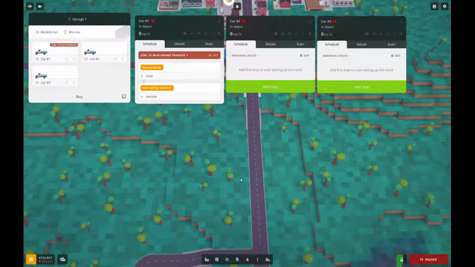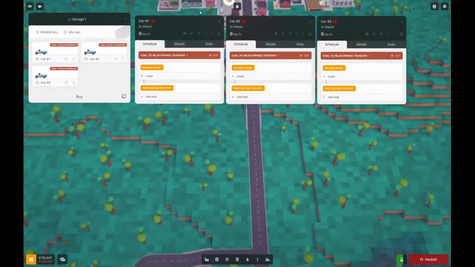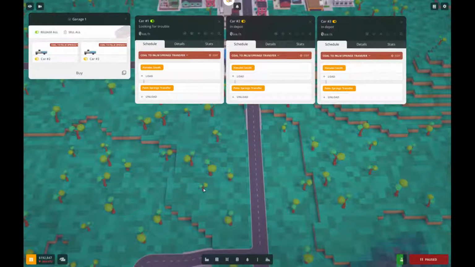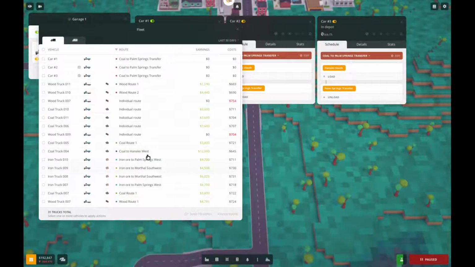So coal to Palm Springs transfer. And then over here, I'm not going to add stops. I'm just going to pick that same route. So all 3 of these cars do the same thing, and I'm going to tell them to go. Alright, now I'm going to come up here and bring this up first. I'm going to see